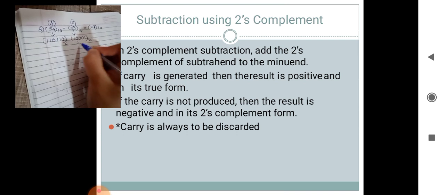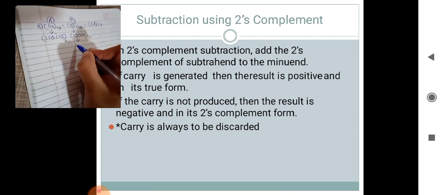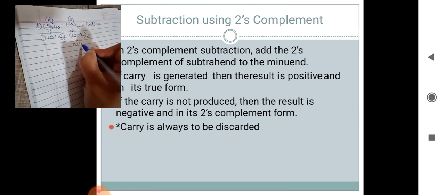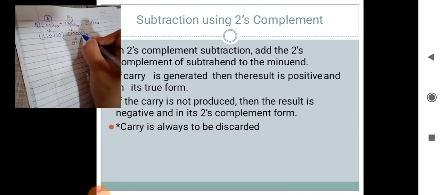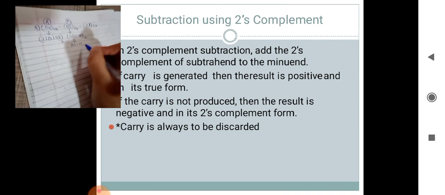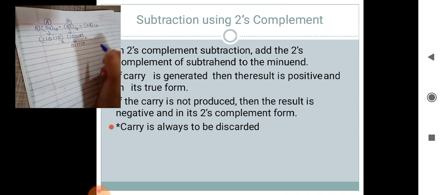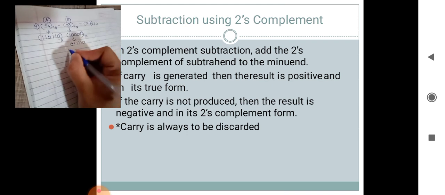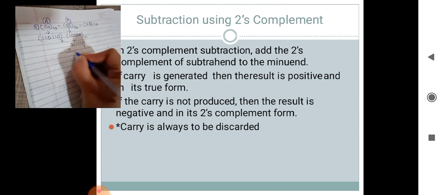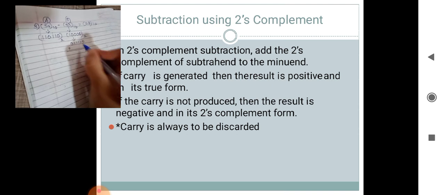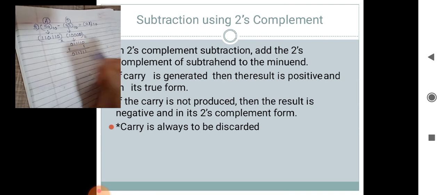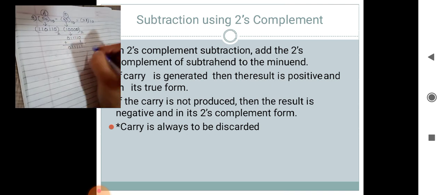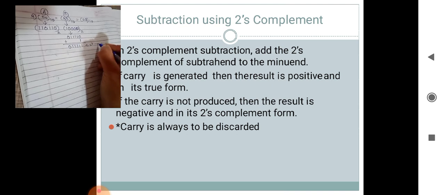Now we have to calculate the 1's complement of this. So the 1's complement of 33 is 0, four times 1, and final 0. Sorry, I had not written one zero here. So this is the 1's complement of 33. I will add 1 to it, which will give me the 2's complement. 0 plus 1 is 1. The rest of the bits we copy as it is. So this is the 2's complement of 33.